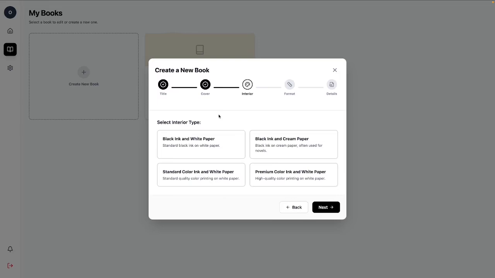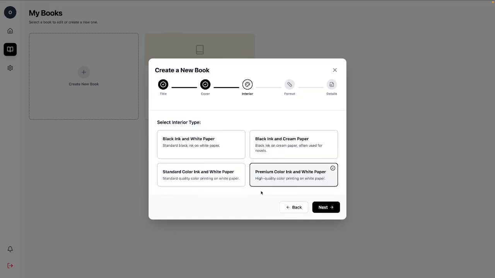Again, this is a picture book or children's storybook, whatever you want to call it. Then we know that our pages are basically going to be colorful illustrations, right? For that, we need a colorful interior type. And we have two choices when it comes to Amazon KDP. We can go with the standard color ink and white paper, or we can go with the premium color ink in the white paper. If you go with the premium color ink, it gives you obviously a premium product,